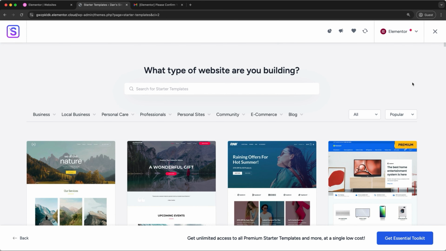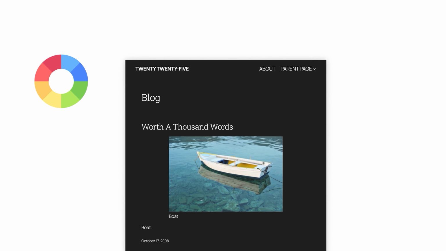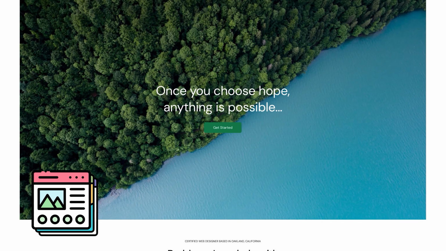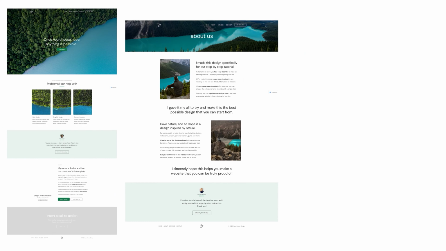Now we need to choose our template. Templates are different from themes, which we already chose earlier when we installed Astra. That theme controls the overall look of the entire website, including colors, fonts, and the layout for all pages. A template, however, only controls the layout of one specific page, such as a home page, about page, or a